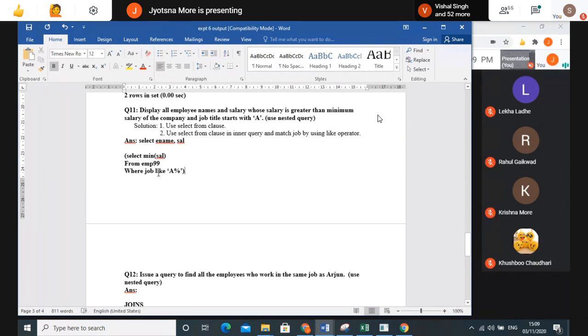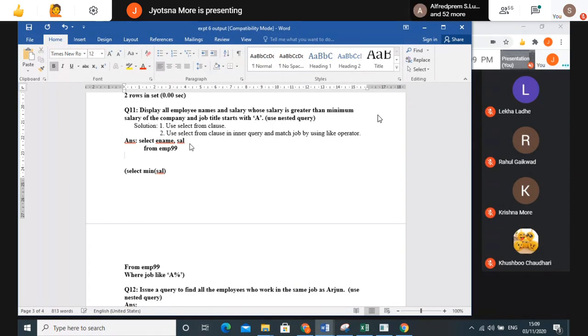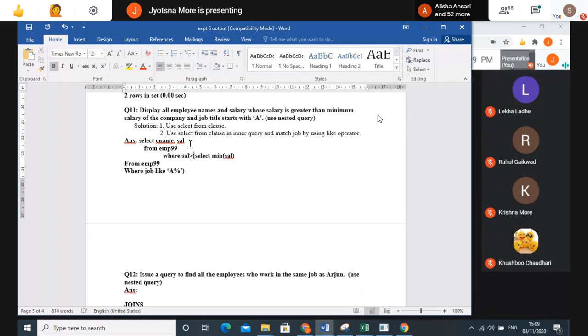Now from your complete table, I have to find the employee name and salary from your table name, whichever it is, where you compare the salary of whichever employee you want, salary greater than what, this query.